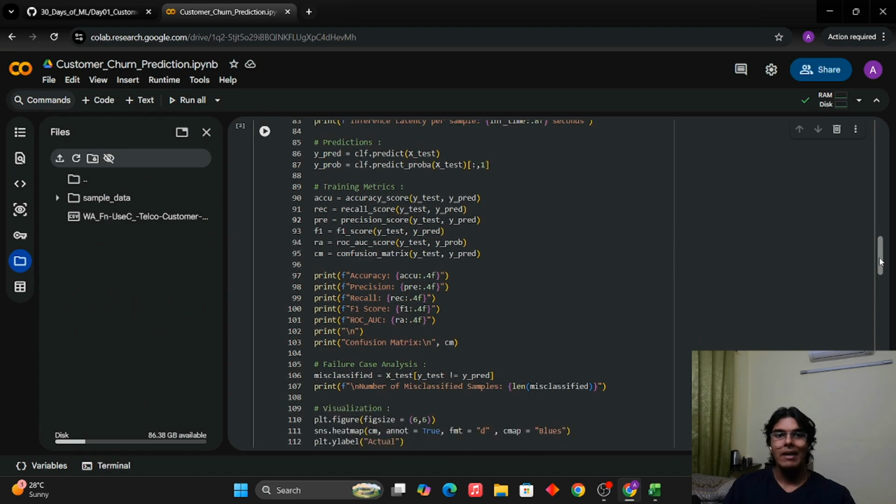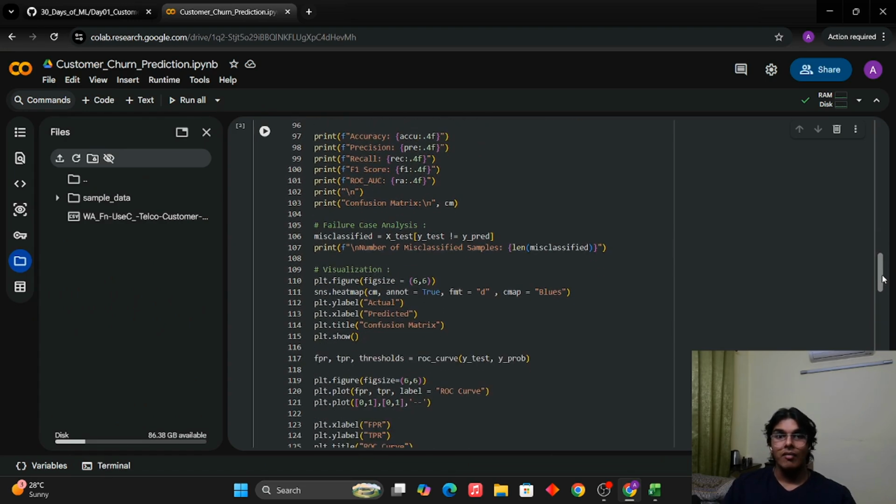Then when we go on and we print the statistics, one very important new thing that I started doing again is failure case analysis. See, we can go through every model theoretically, but there is no point unless we evaluate where the model missed, right? Where the model misclassified the data. So that is precisely what we do here, the failure case analysis.